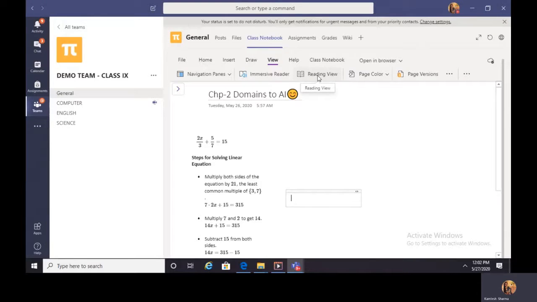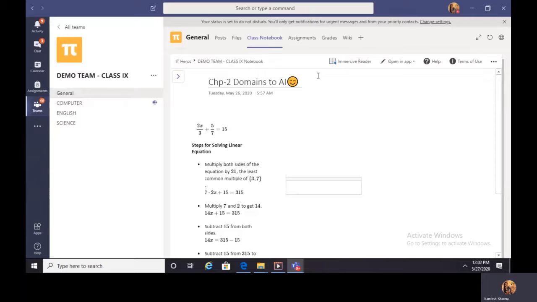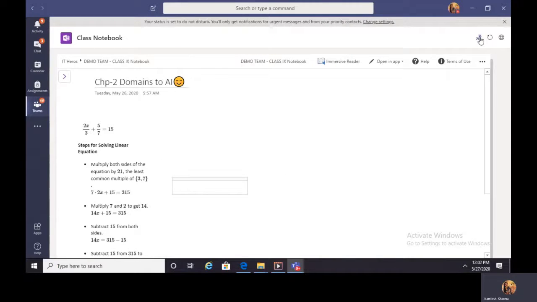Okay, the next one is the reading view. Reading view allows better reading because all the ribbons and the options disappear once we click on the reading view. Then we can even expand this tab to have the full screen view. Then suppose you want to return back to your actual settings the way it was appearing before.